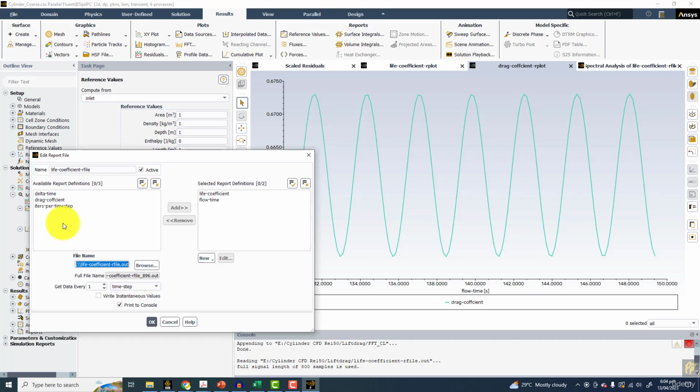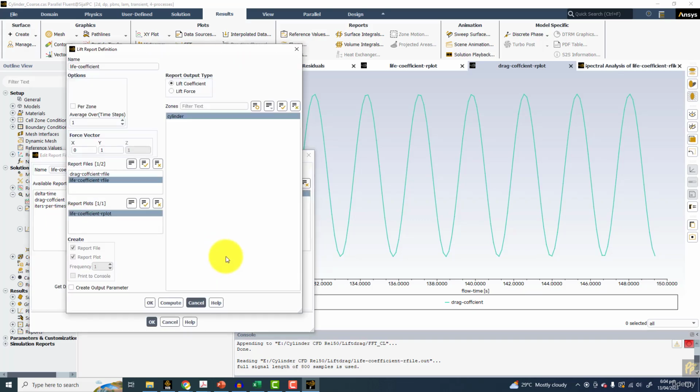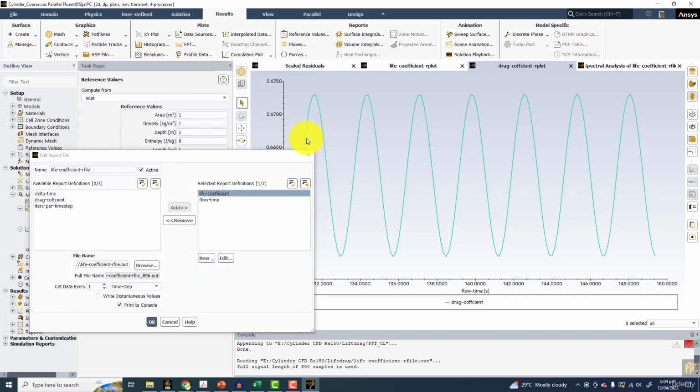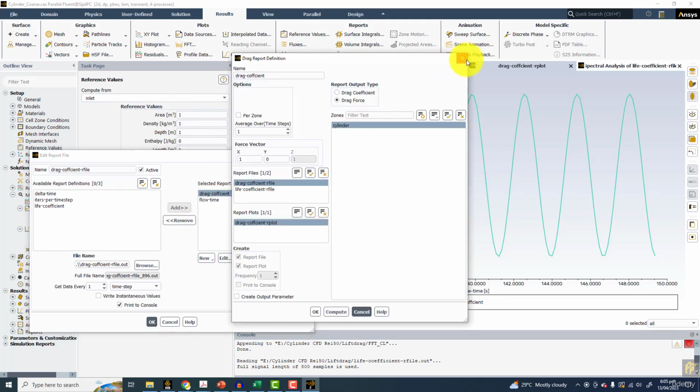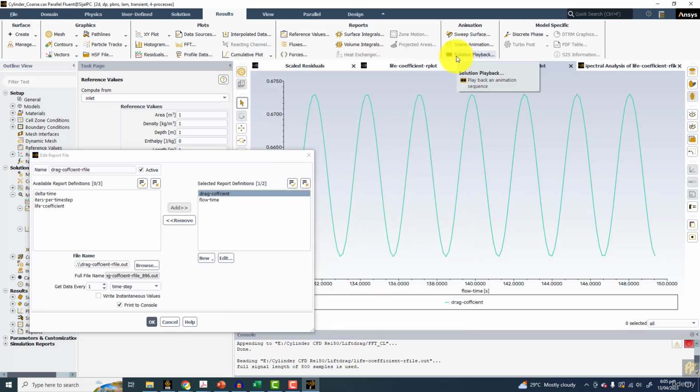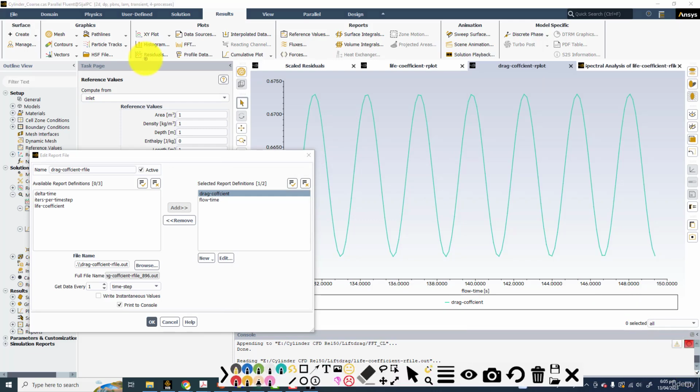And for lift coefficient, we are plotting lift coefficient. Okay, so this is the lift coefficient, but if you take a look on the drag coefficient, it is a drag force basically. Okay, this is a drag force, and you know the formula, so this is a very easy thing. So we have the average drag value. So basically, let me give you idea that the drag coefficient is equal to